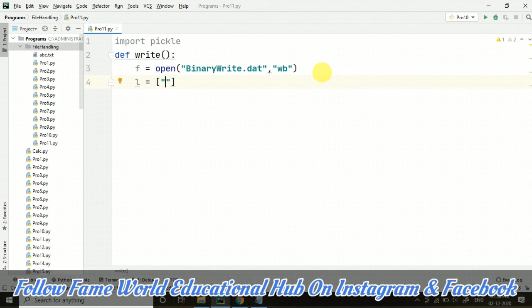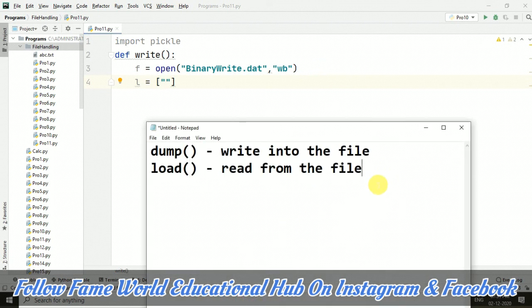Basically when we are talking about the dump function or the load function, there are two important concepts which are executing here. There is a concept of pickling and unpickling, and these are the two different concepts getting used here. Pickling refers to the process of converting a structure such as a list or dictionary into a byte stream before writing it into the file.